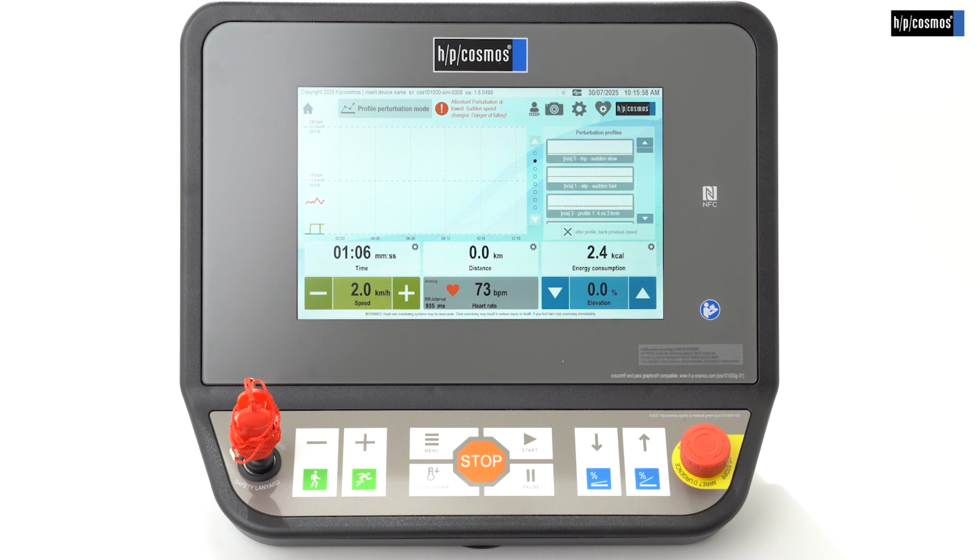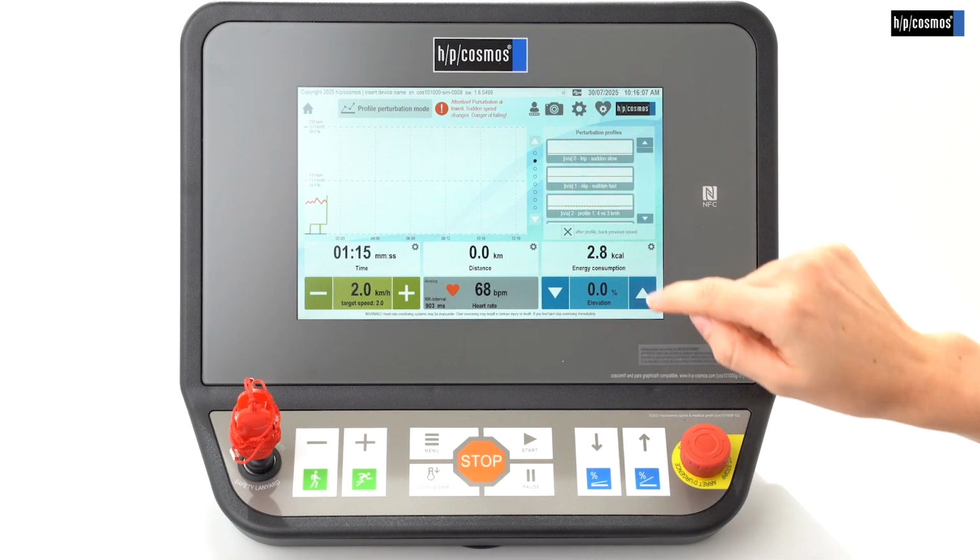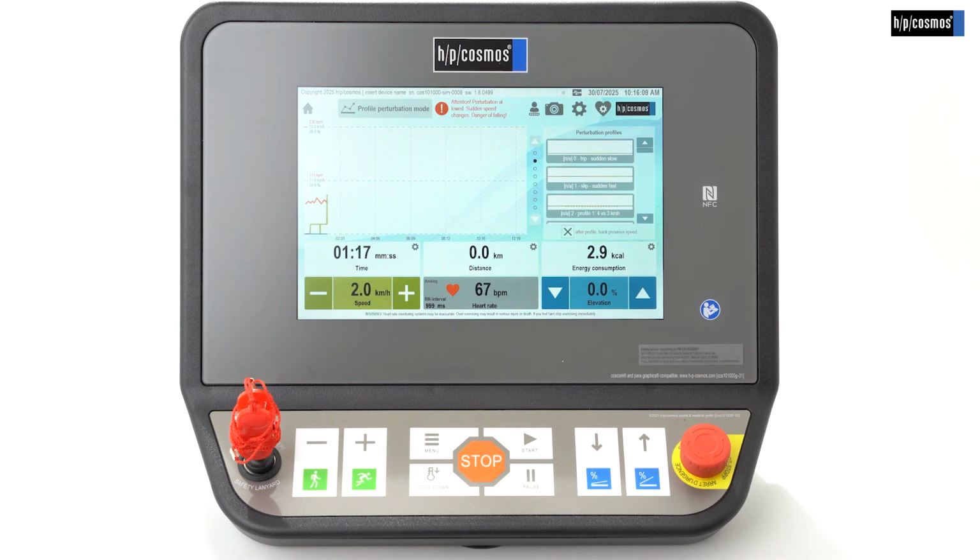Now I will show you the slipping profile, so you can make your athlete or your patient slip right away by suddenly speeding up the treadmill. Please use the perturbation profile number 1. Now you can see in the graph that the treadmill suddenly sped up so your patient or your athlete slipped.